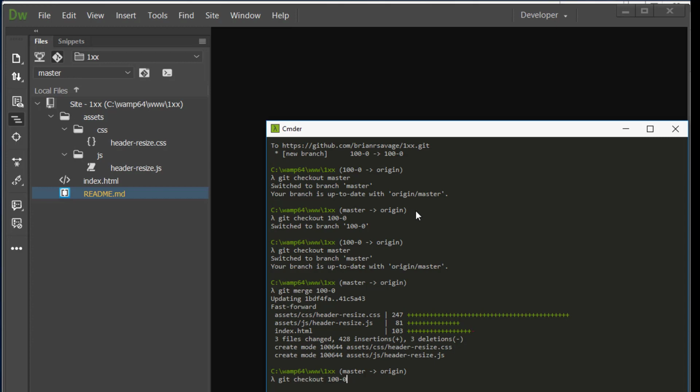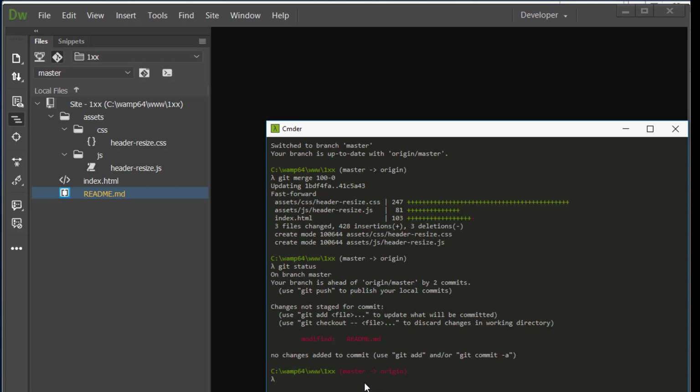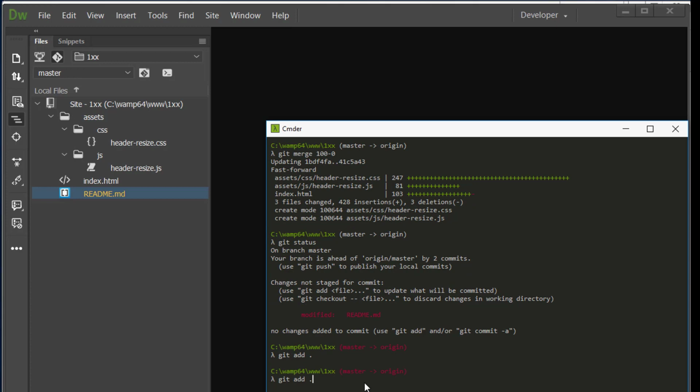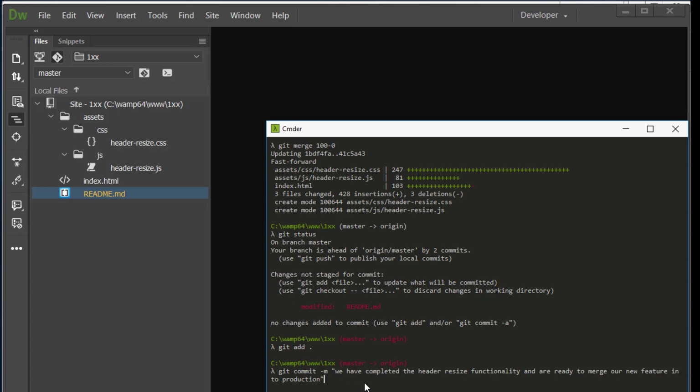So the first thing we're going to do, we know we added notes, so we're going to run a git status, and we should get it modified. My commander is thinking at the moment. Try hitting enter again. There we go. The readme file was modified. So I'm going to go ahead and add that change. I'm going to go ahead and do a commit. And in my commit, I'm going to